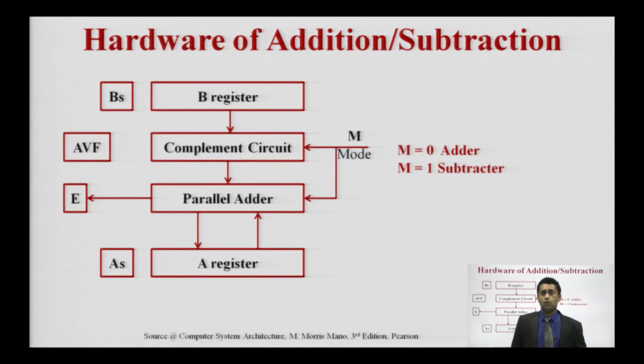Now how we use these types of circuits in a computer is the important part. I have taught about the arithmetic circuit, logical circuit and shift circuit in previous lectures, and the combination is basically the ALU. Today we are discussing the parallel adder and this fast adder. But what exactly is the computer doing?